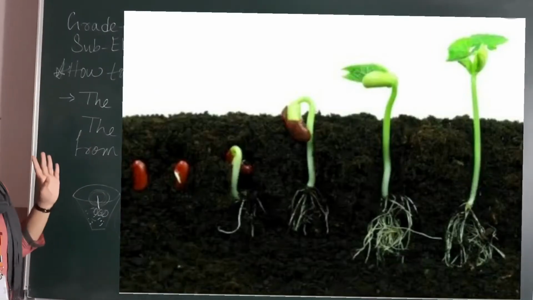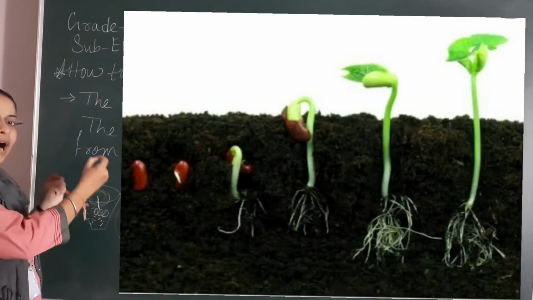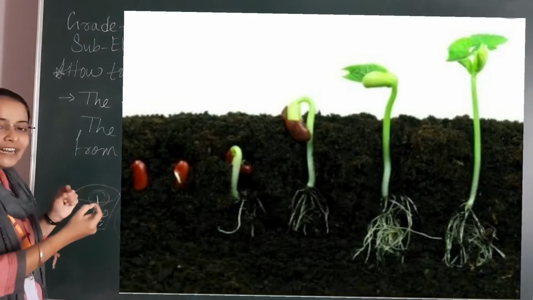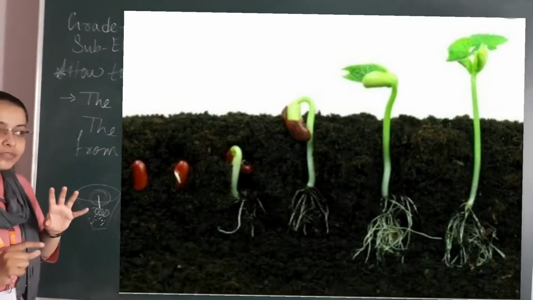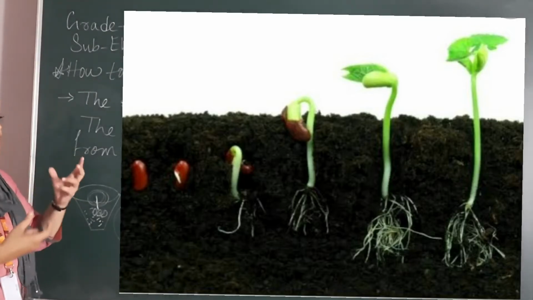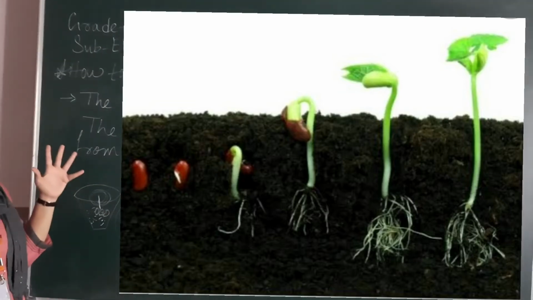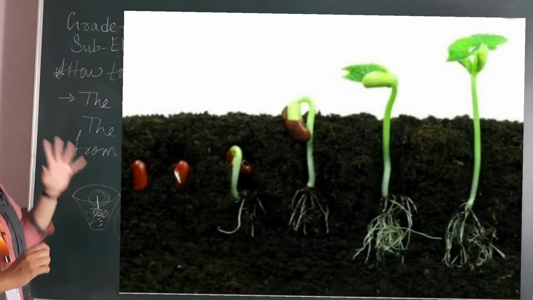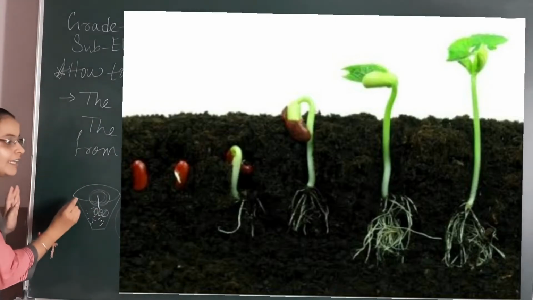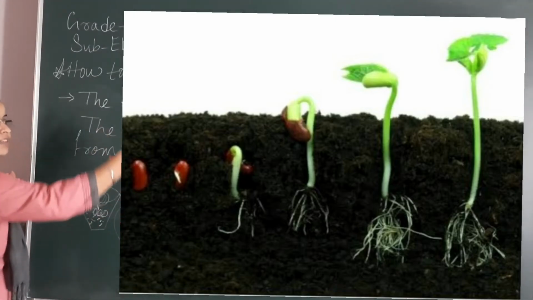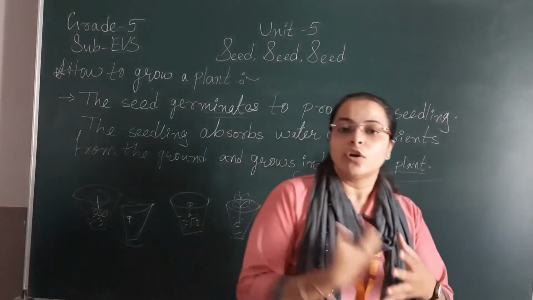See, this is a photo of a plant. It shows that germination happens first. The seed will come out from the pot. Then it will turn into a seedling, a small seedling. Then it will turn into a small plant with 2-3 leaves. Then after 2-3 days it will turn into a big plant with 1-2 branches and around 5-10 leaves on the plant. Are you able to see the picture? This is the proper process of how a small seedling turns into a small plant, then a big plant. Okay. So here we have learned how the plant is growing.